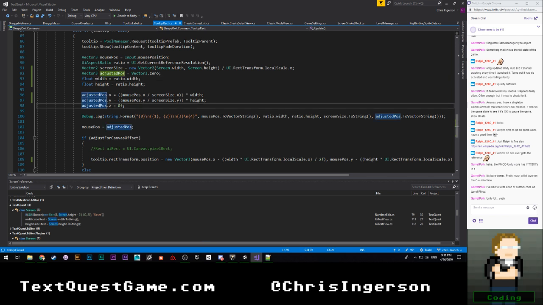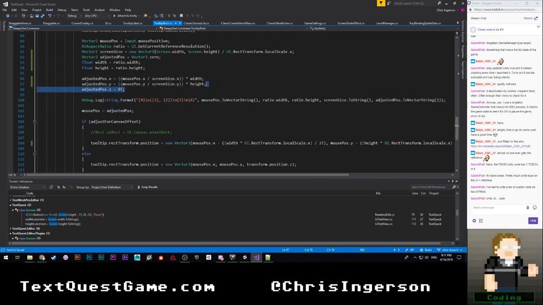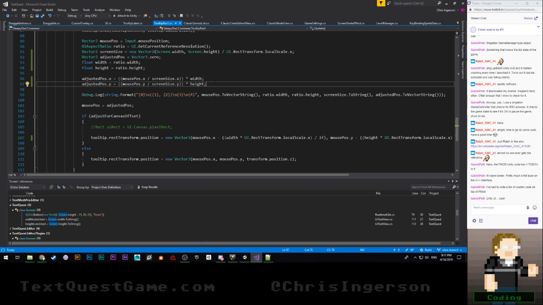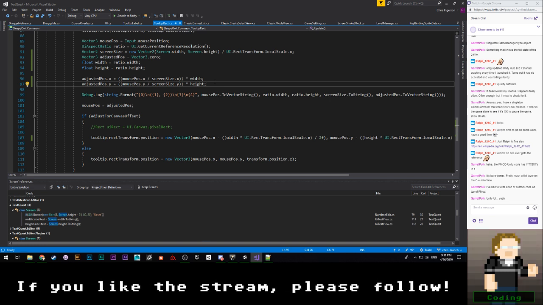Also, we don't really care about our adjusted position, do we? Because we don't pay attention to it ever. So that's a pointless thing. But yeah, like this whole thing is so much effort just to get Unity's UI to behave. I really should come up with a generic way of doing this, and I will probably look into that. Like just being able to have a function call in an extension class that's like get position for UI. I don't even know. But it is utterly ludicrous that I have to do